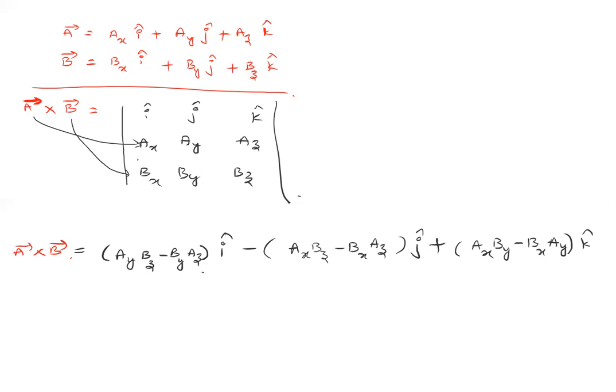Okay, so first, if magnitudes are known, you can use the right hand thumb rule. If vectors are not given in terms of i cap and j cap, this is how you do it. Now some additional properties of cross product I would like to give you.